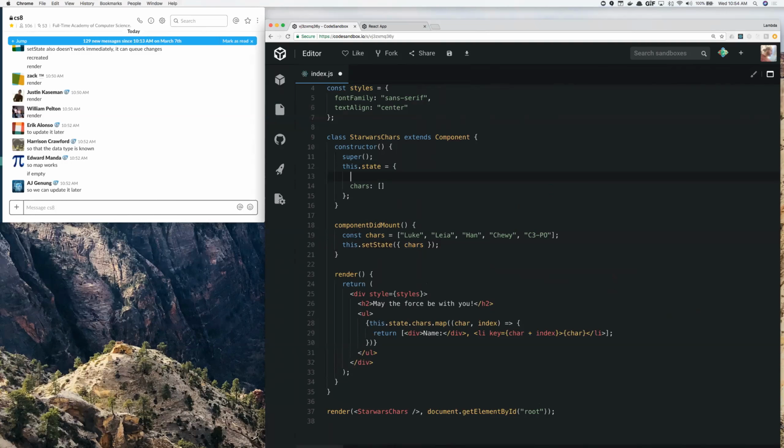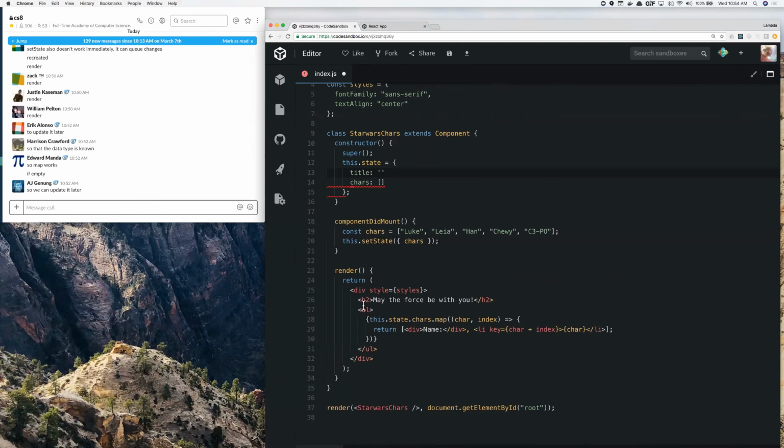So what do I mean by that? Well, if I had something like title up here and added my title as a string, hard-coded, maybe you want a dynamic title, and this is just for test purposes. Title will be, just simply, returned out. So set state will get called. Characters are going to be set with these characters, but title is not going to be reset. It's just going to be simply copied over and ignored, right? It's going to be added as its original. Okay, so if I now render out title here instead of that hard-coded string,